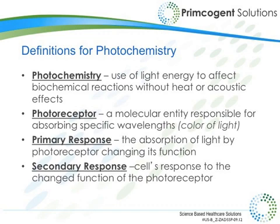This is done by targeting a photoreceptor, a molecular entity capable of absorbing light at very specific and discrete wavelengths, and wavelength is simply the color of light. Photochemistry proceeds in 2 steps. The first is the primary response. This is the simple absorption of light via the photoreceptor. Now, it's the functional change and the overall behavioral change of the photoreceptor that engenders or triggers the secondary response